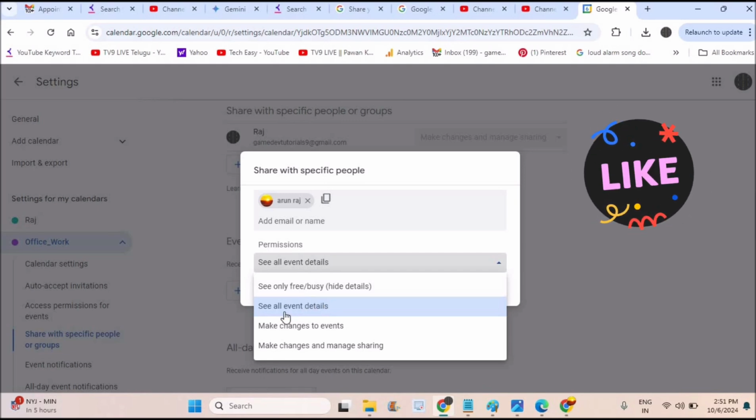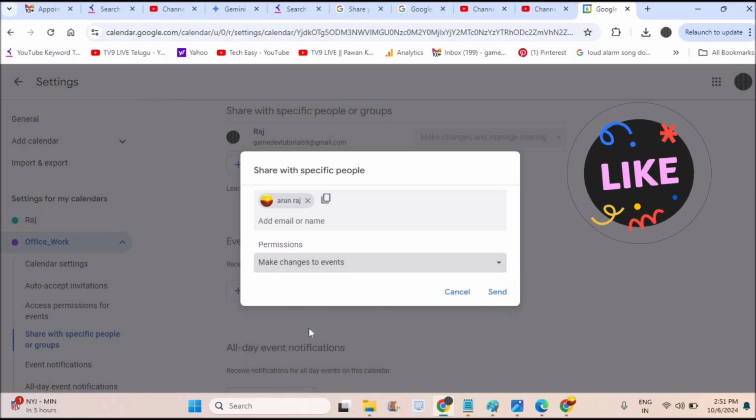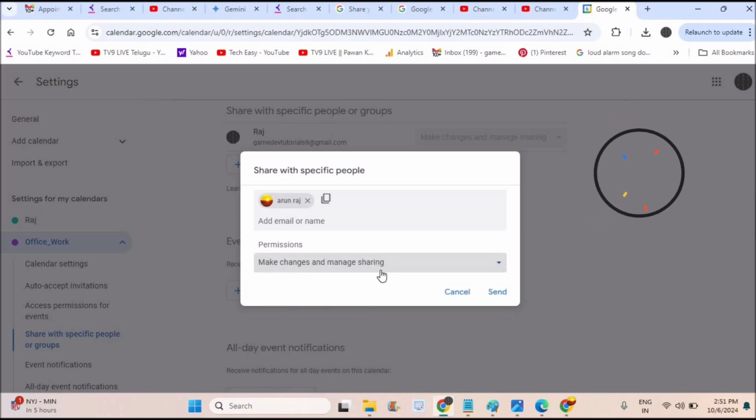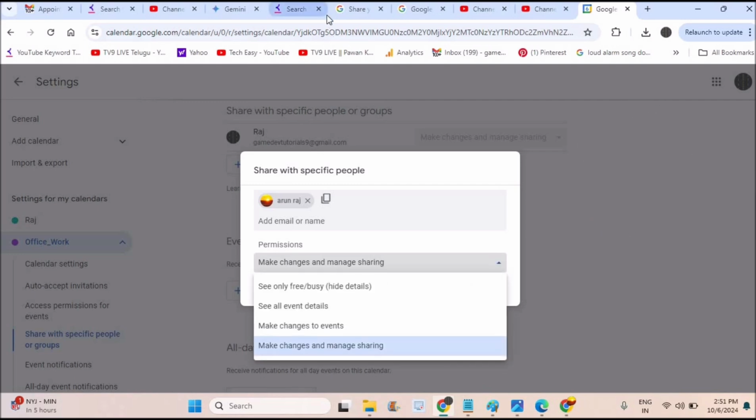Just like read only. See all events, make changes to events. If you give this permission, they can change or edit, make changes and manage. They can even share this particular calendar with someone else. So yeah,